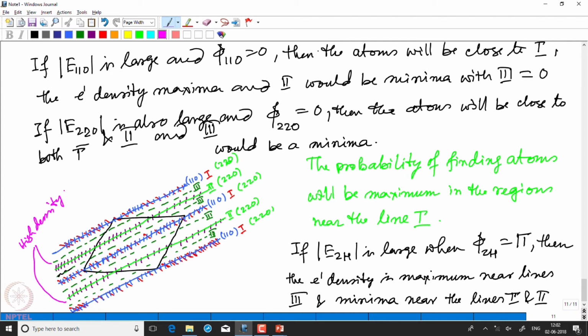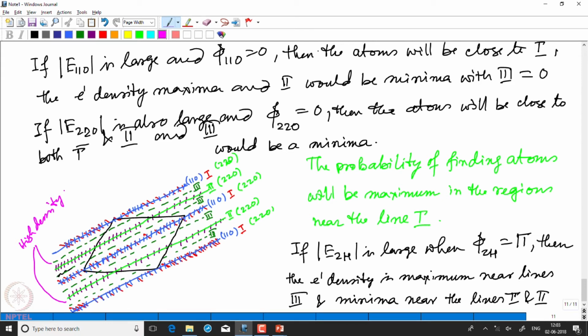So by looking at the high values of EHKL and then incorporating two different values of the phi, that is phi 2H, we get two different scenarios, and from that we can conclude whether the phi for 220 is 0 or pi based on the electron densities that we can see by doing the